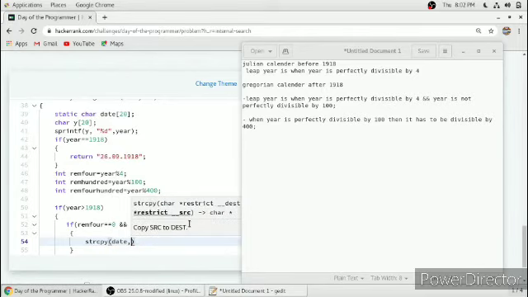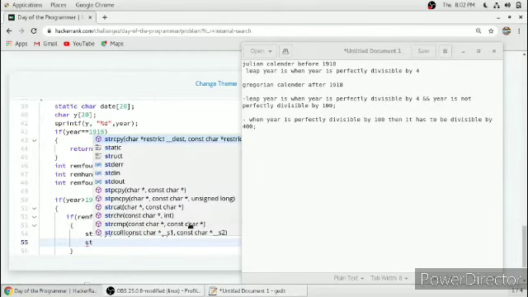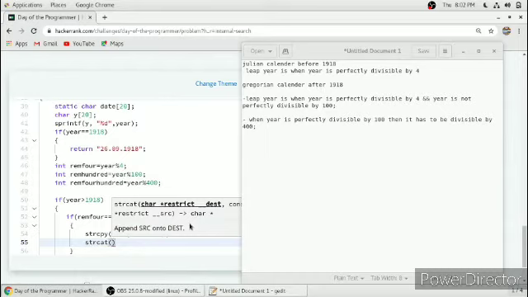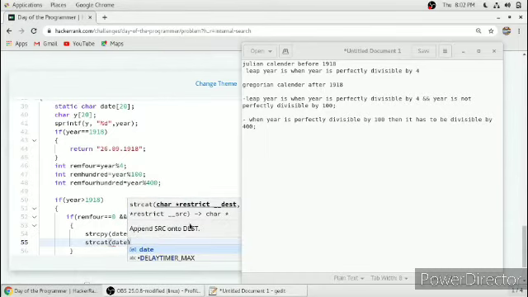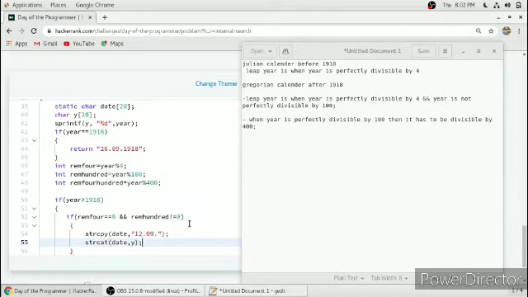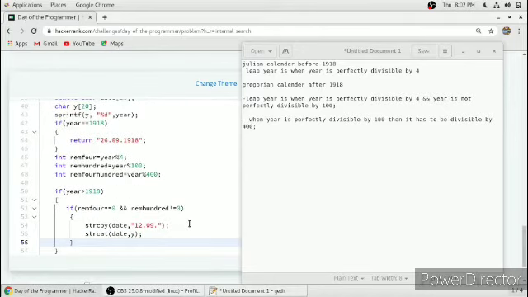The date will be 12th of 9 when the year is leap, and we have to use another function, strcat, string concatenate, to date comma y, so it will print the whole date. After that we use the same if, and we just change the conditions according to this second condition.